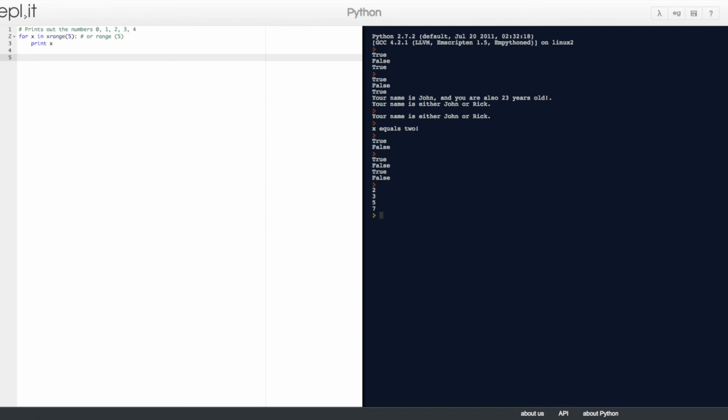Okay, another one. This one, we want it to print out 3, 4, and 5. So for x in xrange 3 to 6, we'll add a comment to just explain, or range 3 to 6, we want to print x.